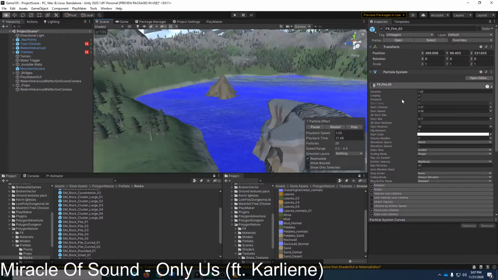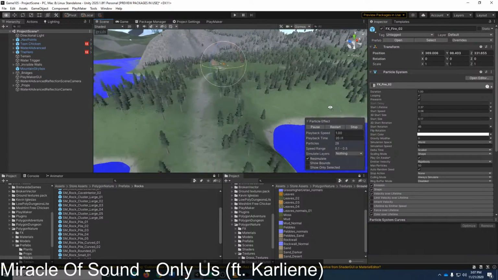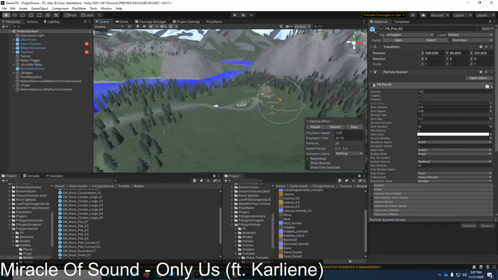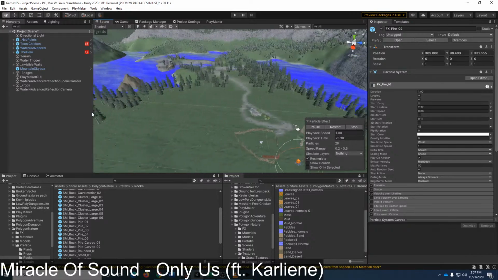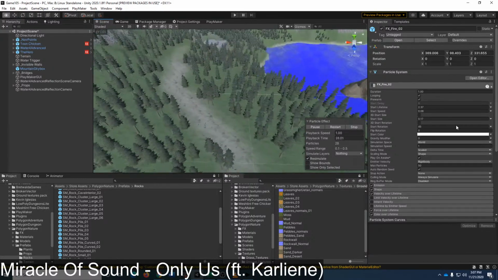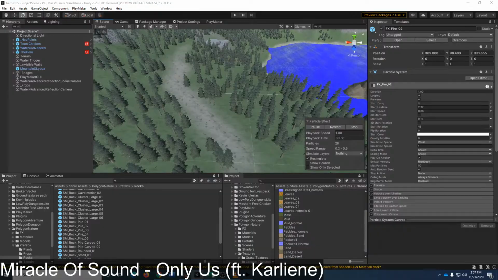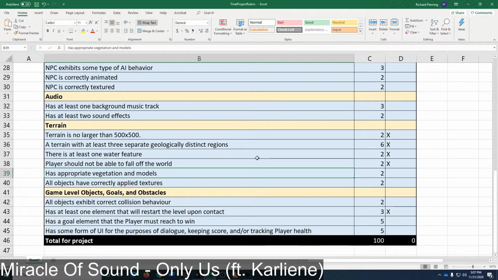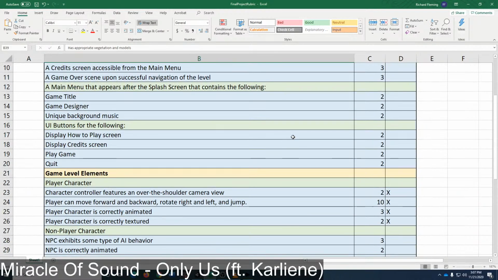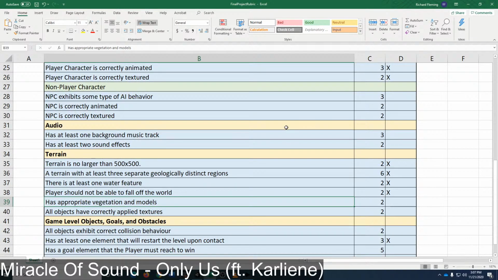So the main target for this session is to do just one small little tidy up on the terrain and then move on to gameplay logic. So if I go back and look at my list of requirements, which again, even if you're not doing something for an assignment and you don't have a convenient little checklist like this, you should make one for levels. So that way you don't forget to do anything. You know, a little level design checklist. That way you can keep track of what your requirements are, what you can do, or what you should do, what you shouldn't do, etc.